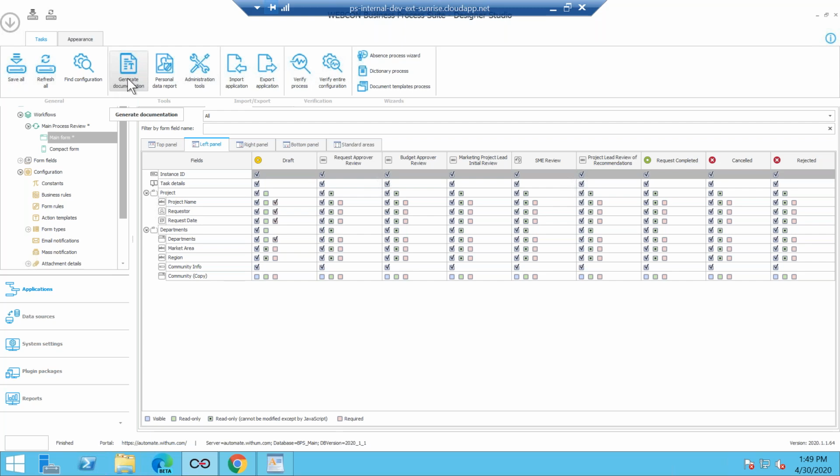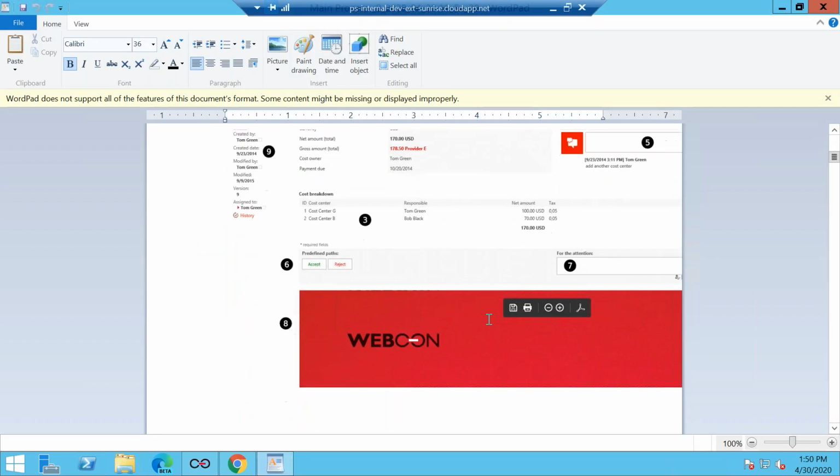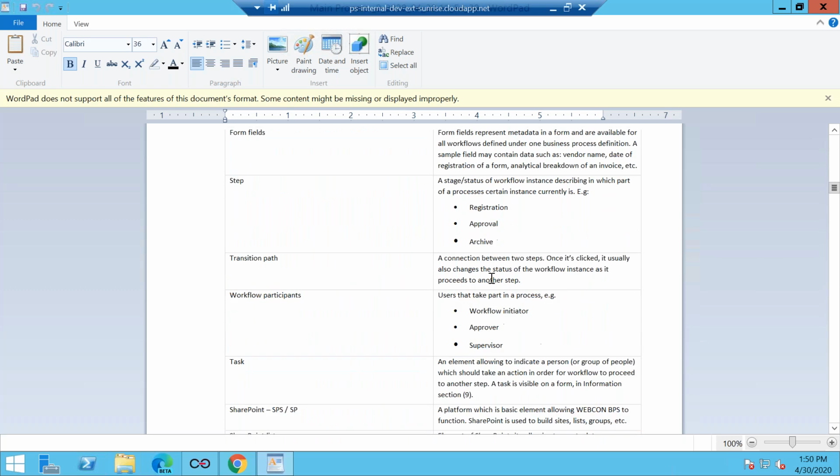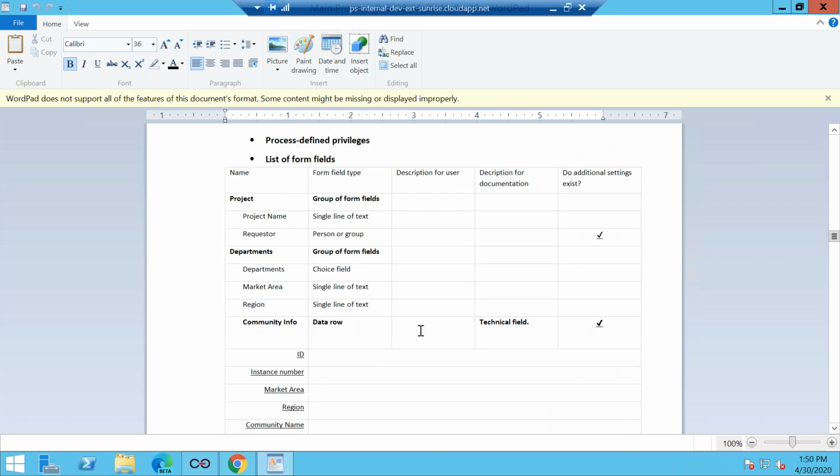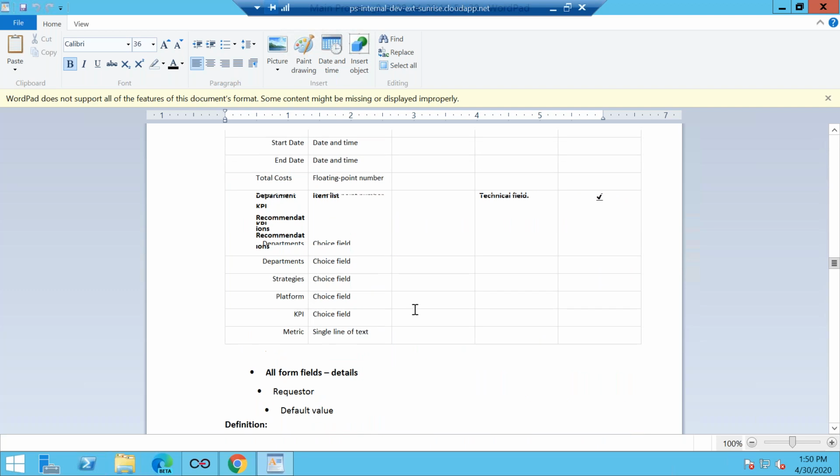The next one I want to talk about is, okay, I have so many forms, fields. If you remember, we have to create documentation for our clients so that it's easy for them to manage. So you are going and spending hours trying to put in your tables, formatting the document, throwing in all the business rules, explaining. Well, guess what? You don't have to do that anymore with WebCon. You just click this button, and here you go. It's all right here, beautifully coded. I'm not opening Word, so you may see some things are not very pretty, but you get the point.